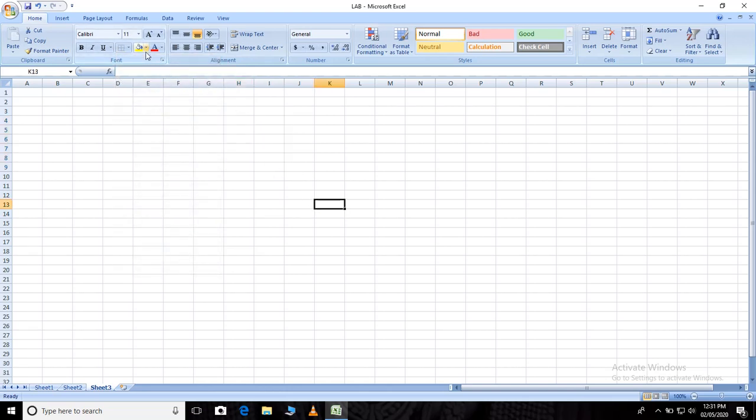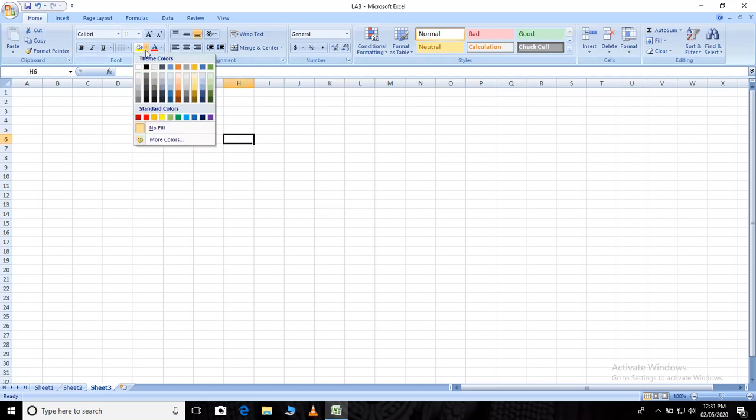And here you can see this is to highlight some of the text or the important points. You can use highlight, like you can fill the color. Suppose you want to highlight this particular cell, if you click it here and give any color, that will be highlighted. See, it has been highlighted. It is highlighted with the color.